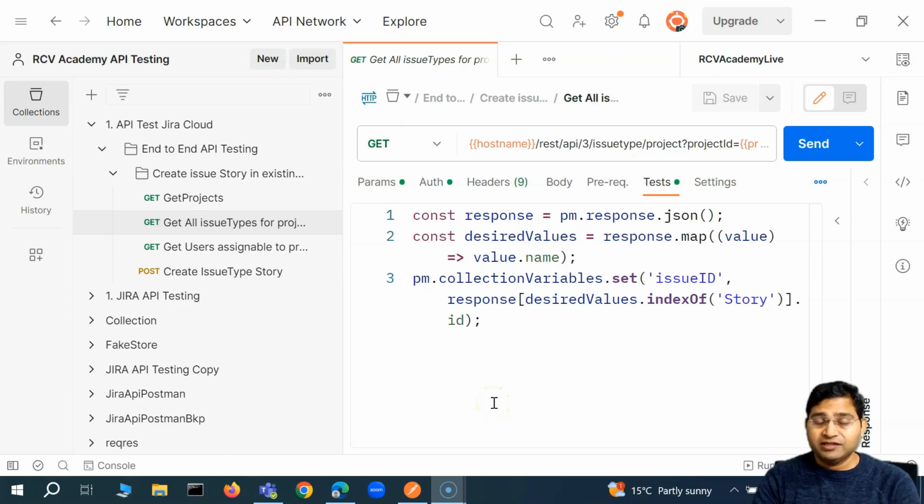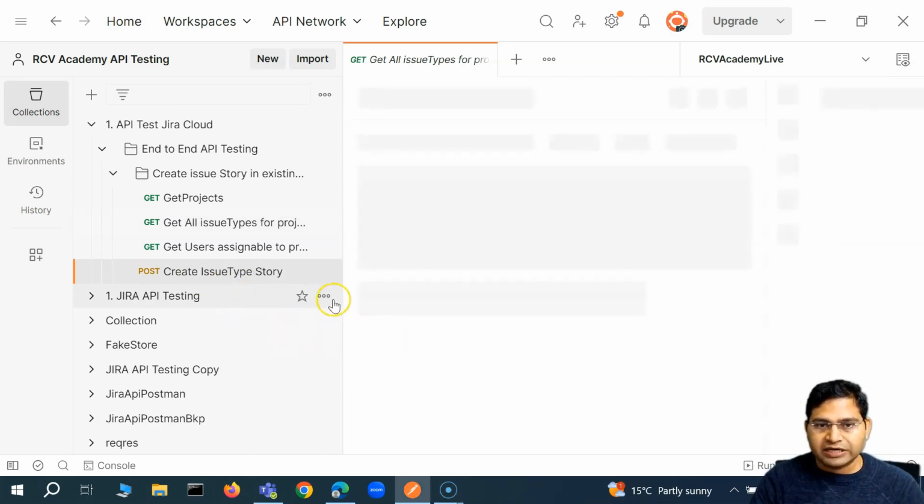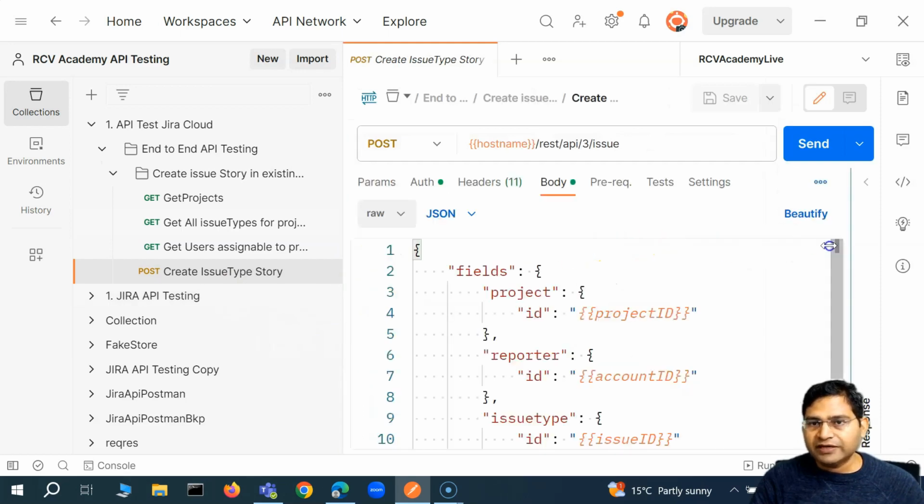Hey everyone, welcome back. In this Postman tutorial, I'm going to discuss more about the end-to-end automated API test case, what exactly we are going to verify, and how we are going to store the variables of the things that we want to verify and validate in our actual test, right? So we were creating this issue type story, and now if I go to the body here of the story,